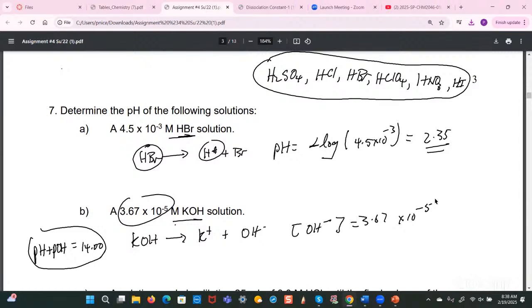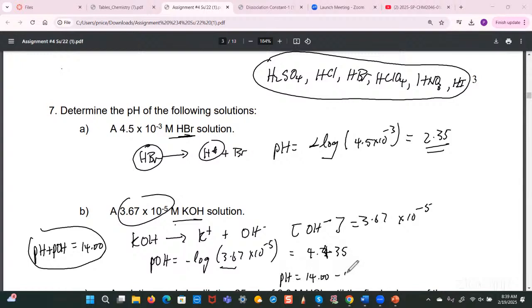As he correctly said, first what you have to do is find the pOH. pOH is equal to minus log of 3.67 times 10 to the minus 5. Let me see what I get. And you find the minus log of that. Because this is 3 sig figs, this would have to be written to 3 decimal places. So that would be 4.435, right? And therefore the pH would be equal to